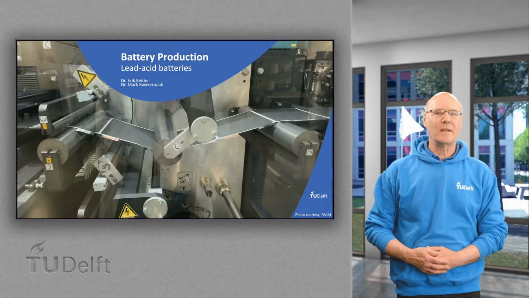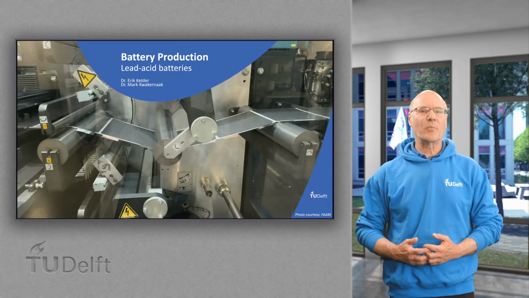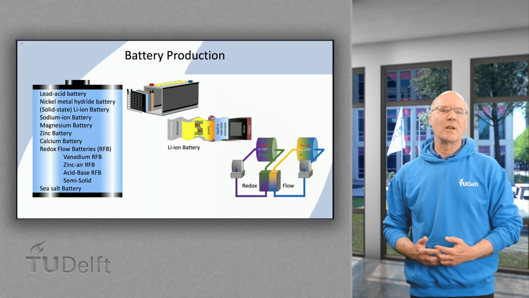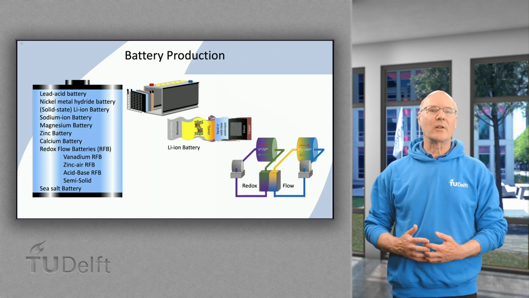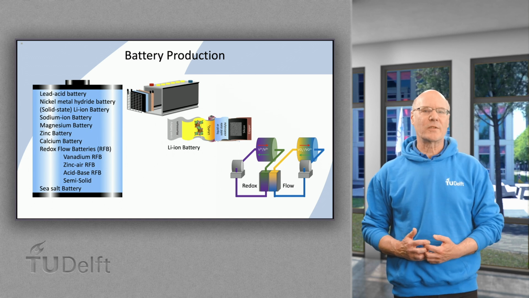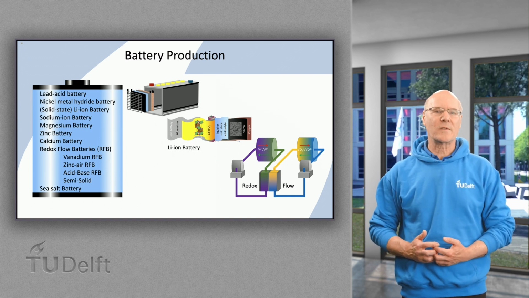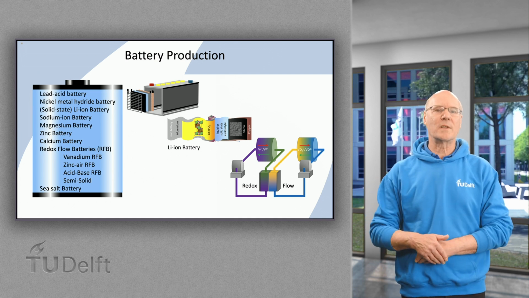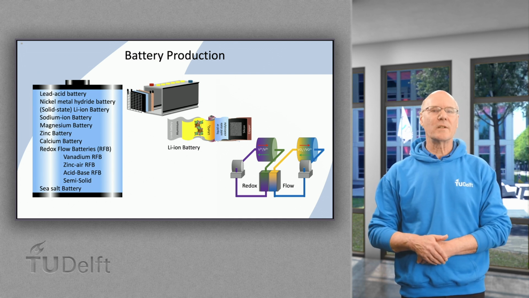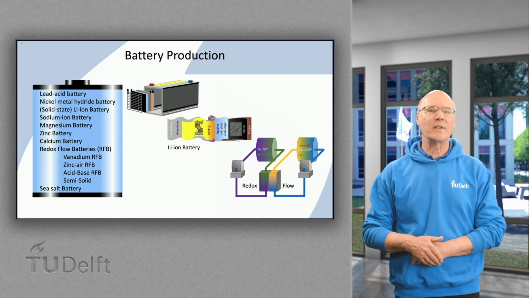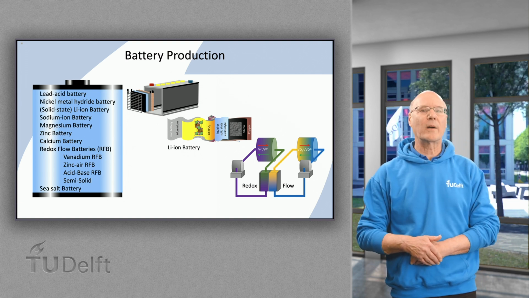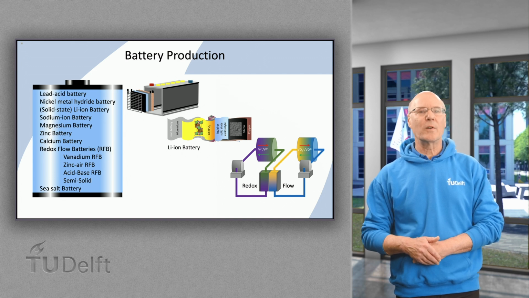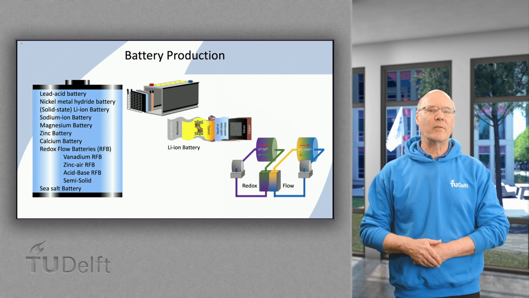This unit today is about production of batteries, and in particular on the production of lead-acid batteries. Obviously, there are many other battery systems around, but certainly a number of these will have similar production methods. Once it comes to redox flow systems, for instance, the production is merely on material synthesis of usually simple compounds, and that is not part of this MOOC. Therefore, we will focus here on lead-acid batteries.